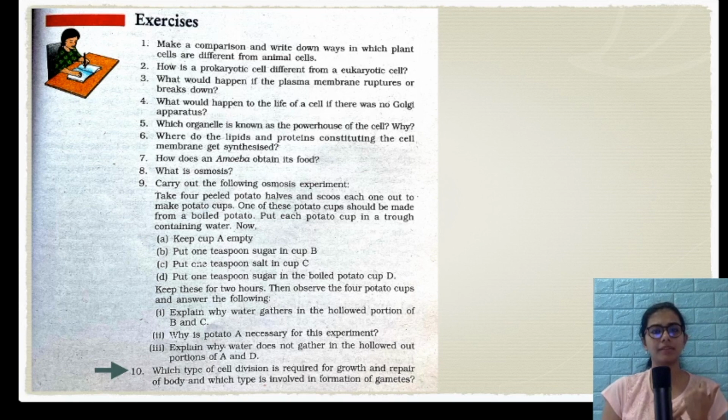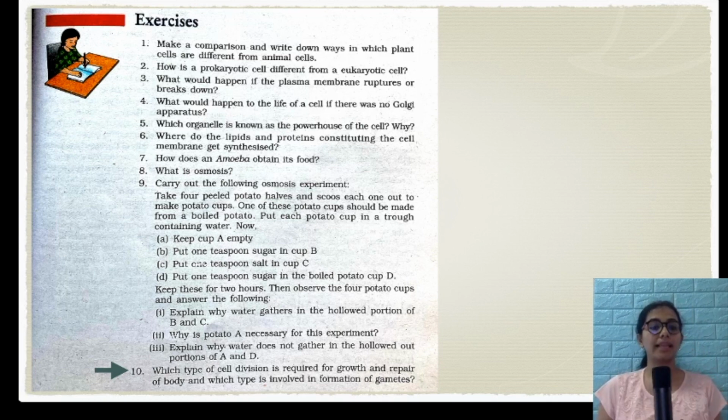Even repair. If I cut a finger or if I cut my hand, I want the same cells to regrow. So that means the chromosome number should be the same, right? So whichever cell division involves the daughter cells having the same number of chromosomes, that kind of cell division is required for growth and repair of the body. Now think,